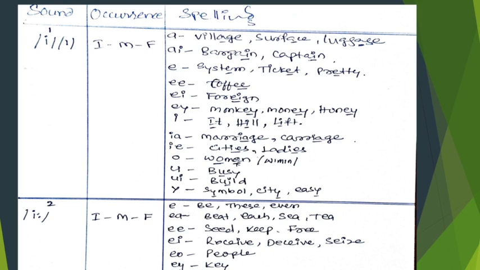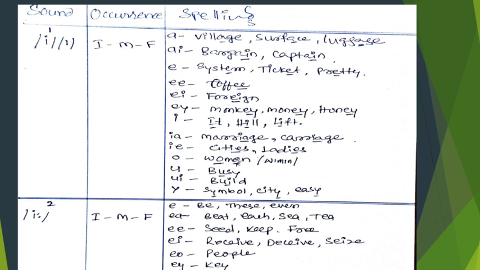Okay, you see, this is the funny thing of English, but in Telugu and in Hindi, i is always i. The sound i is represented with only one letter, whereas in English the i is represented with many letters. Now come to the long vowel i:. It happens initially, medially, and finally. In some words it is represented with e. For example, be. With ea, beat. With double e, seed.